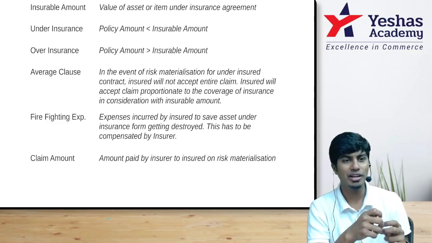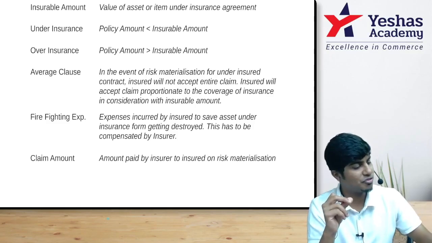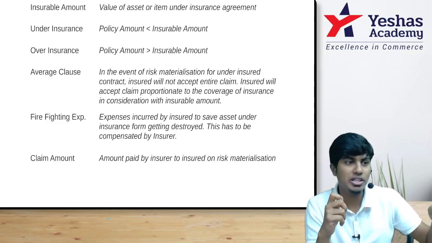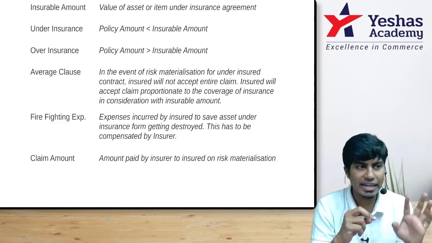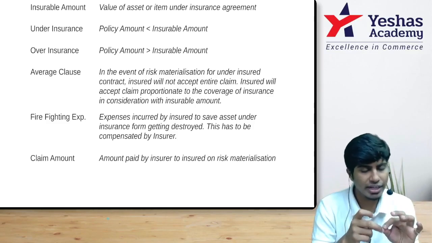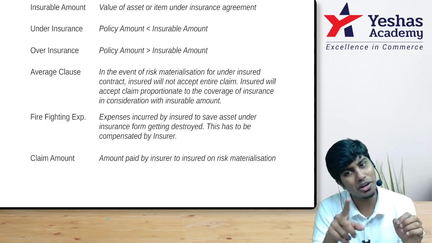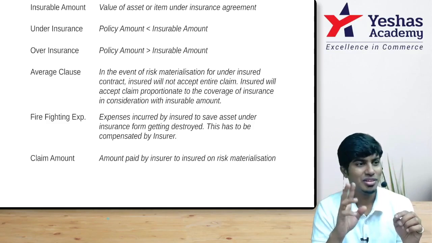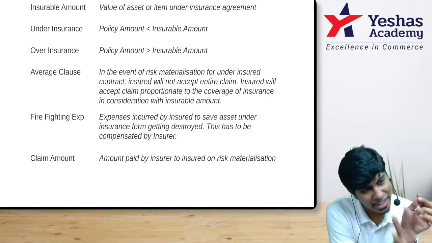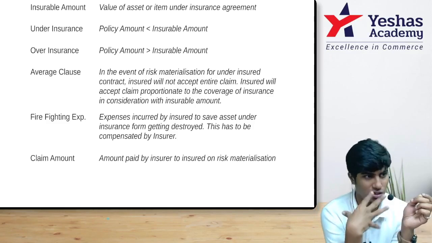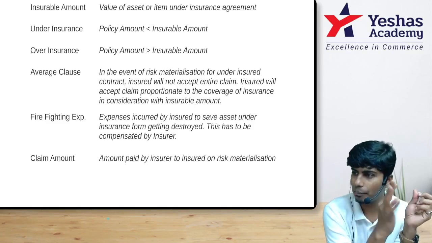So both of them are fighting. Then we'll say, come in the middle, average out. You should have taken a policy for 1,20,000. You took a policy for 1 lakh. 1 lakh out of 1,20,000 is how much percentage? 83.33%. So you've taken insurance for 83.33% of the stock, and you will get a claim also on 83.33% of the loss. So your loss is 1 lakh. In that, 83,333 is what I will pay. The remaining money they will leave to the company only.